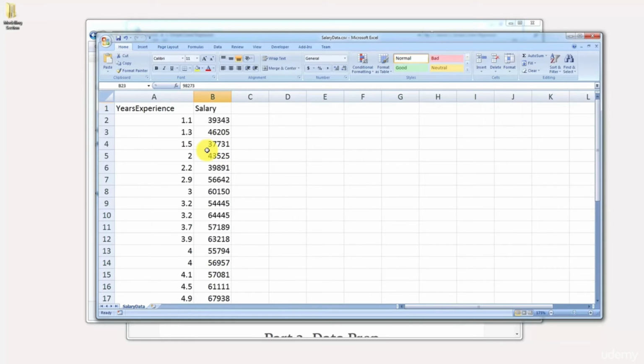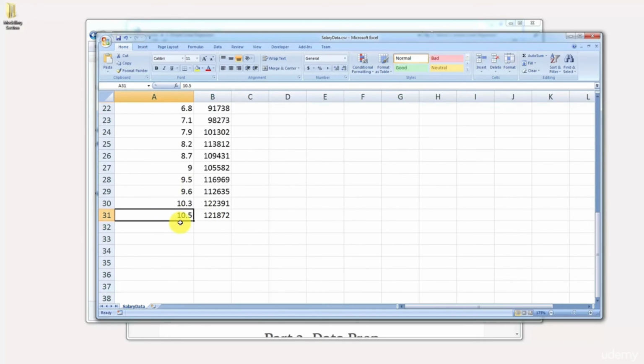And if you want to look at it from a business value add perspective, what is the business value add of this project? Apart from us, of course, learning about simple linear regression, the business value add here is that if the company doesn't have a certain set of rules for how to set salaries, you can then go back to them with this model and say, okay, actually, this is how so far you've been setting salaries, and if you want to continue, then this is the model you should be applying, plus or minus a certain deviation. But you'll be able to tell them for future employees, say here you can see there's only somebody with 10 and a half years experience.